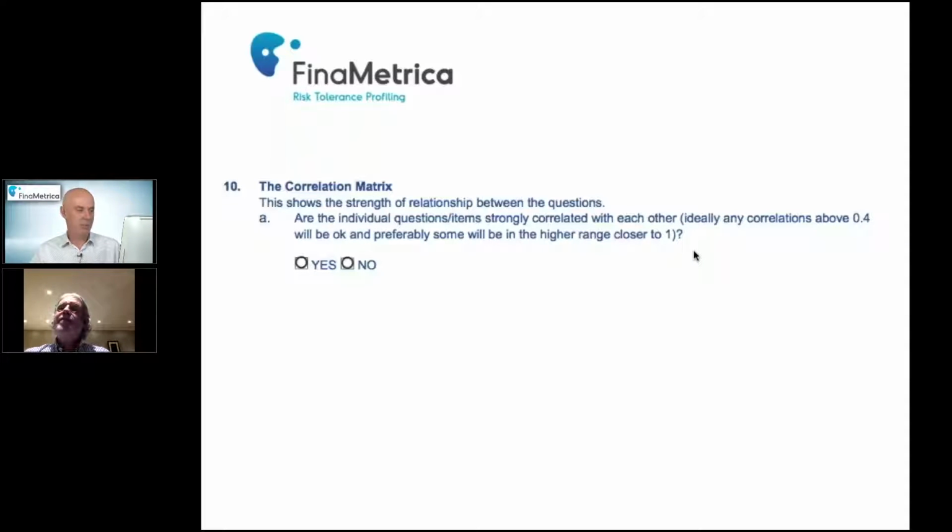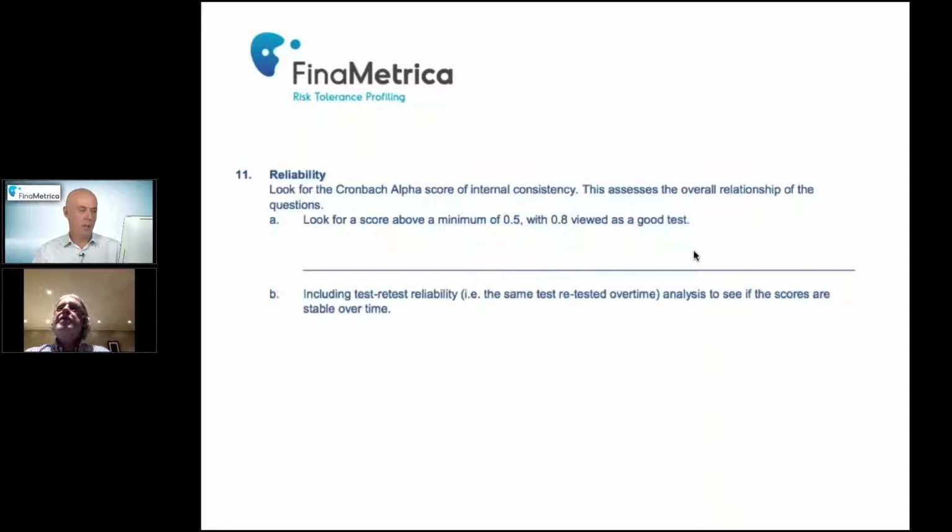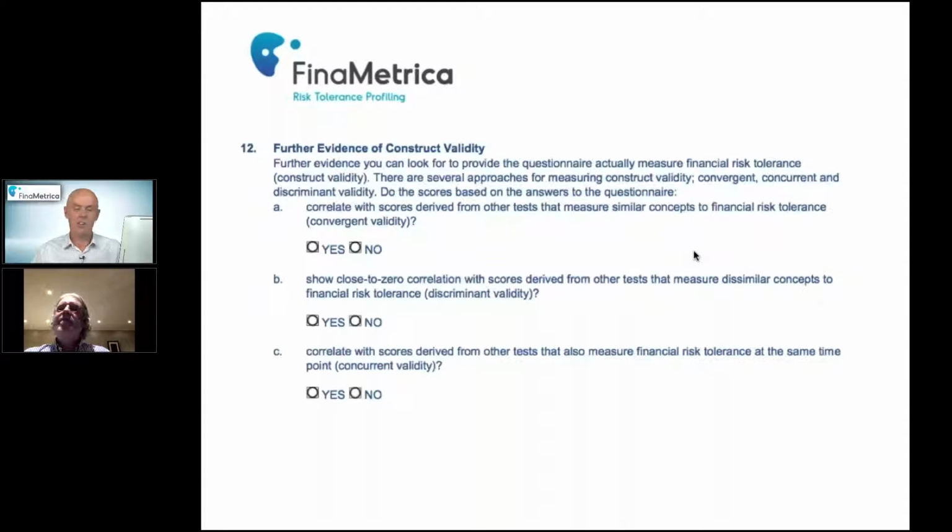The correlation matrix shows the strength of the relationships between the questions. The reliability, I'm not even going to ask you what a Cronbach alpha score is, but people can look up this in the document that they can take from the handout section today. And further evidence of construct validity is just other things that would point to the test being reasonable, which includes,